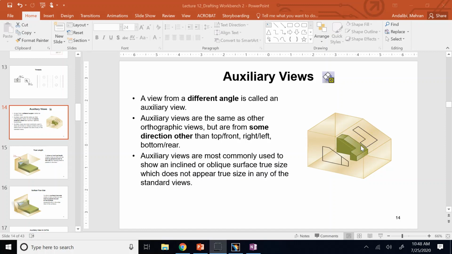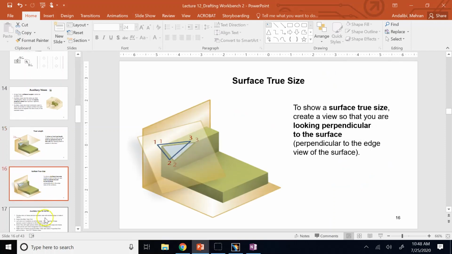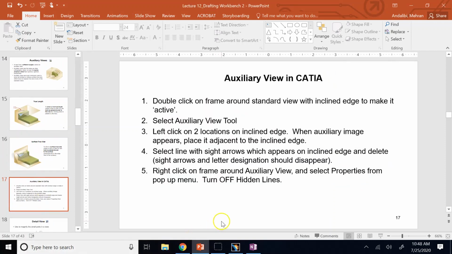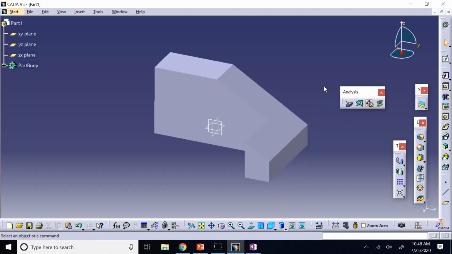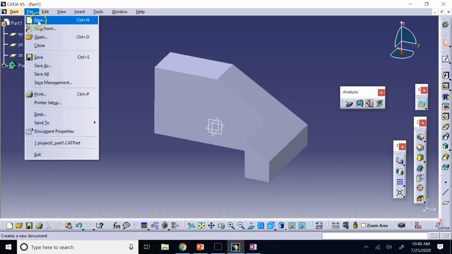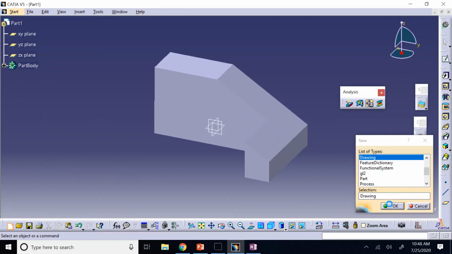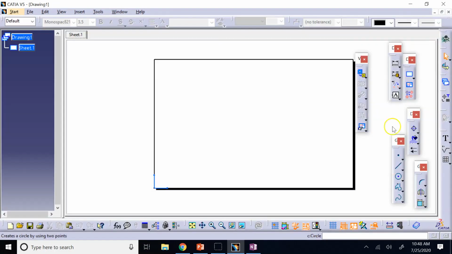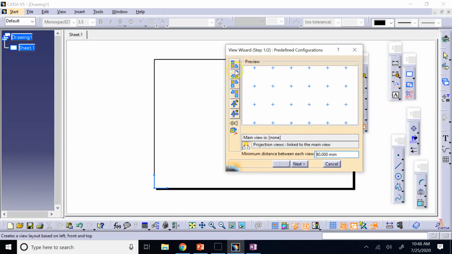Okay? So I can do that. And that is called an auxiliary, an extra view. So that's where I can get the true length or the true size of a surface. Now, how do I do that in CATIA? So let's say I have this part here, and I want to see the size of this L-shape plane, because this L-shape, I cannot see its actual sizes in any of the views, right? Let me show you. So here, if I create the three views out of this part,